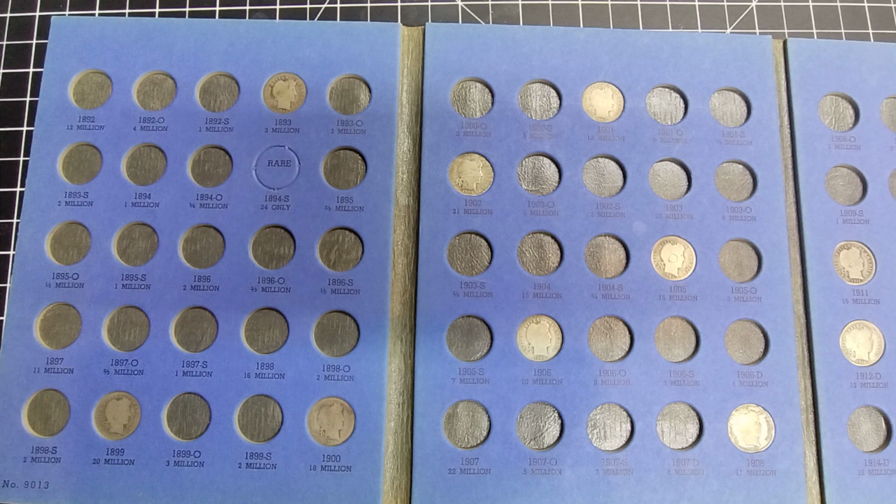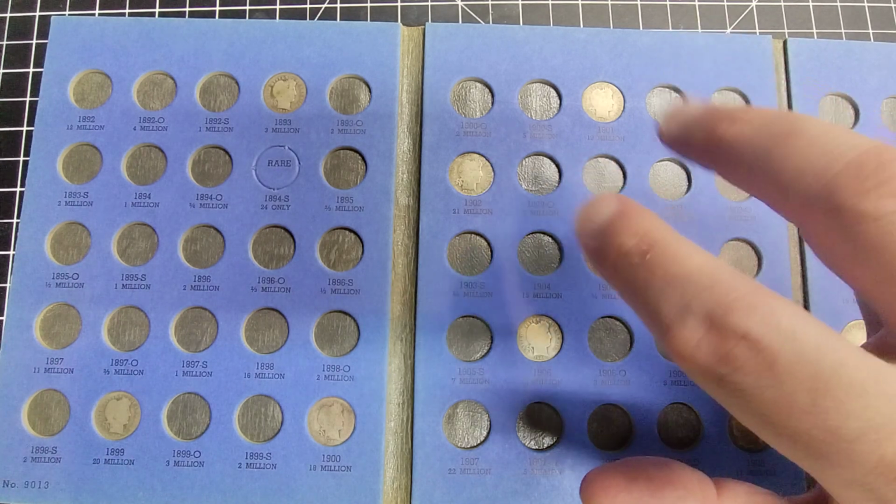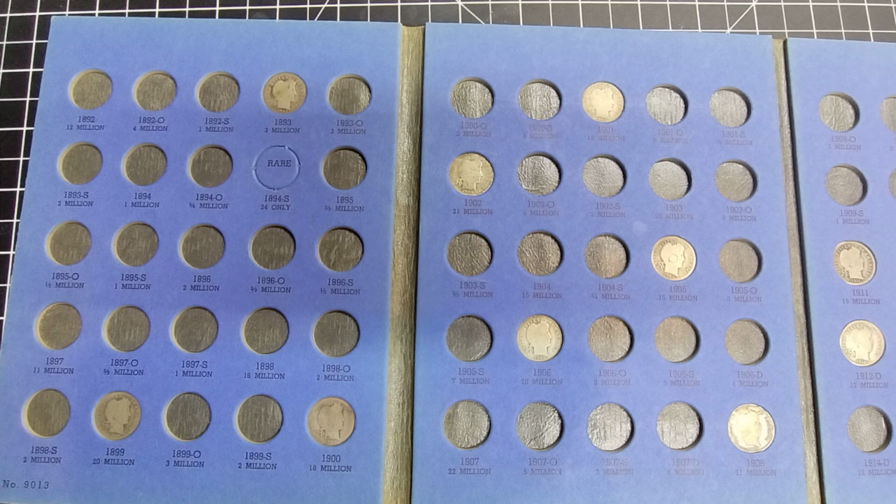But I usually sing the praises of 90% silver and junk silver, and I want to share something pretty exciting that happened. So I went to the store. I got some 90% silver. So I usually go for dimes first. And as I was going through the dimes, I pick out the